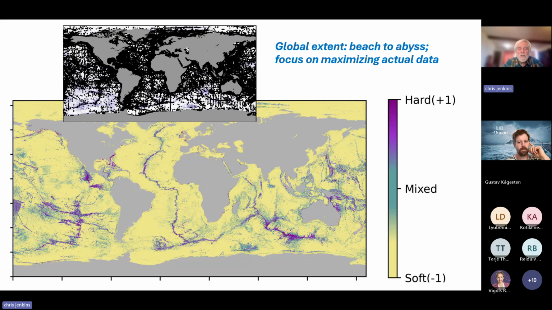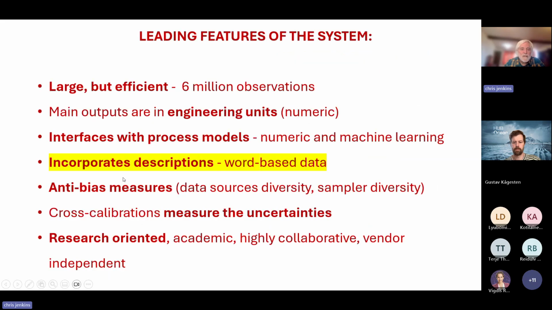So all these points here are actually including rock records, but also where people have taken cores and found no rock, right? So the amount of data that addresses one parameter can be quite surprising sometimes, and you do have to think laterally on how to get the global coverage. So yeah, that gives you an idea of the scope.